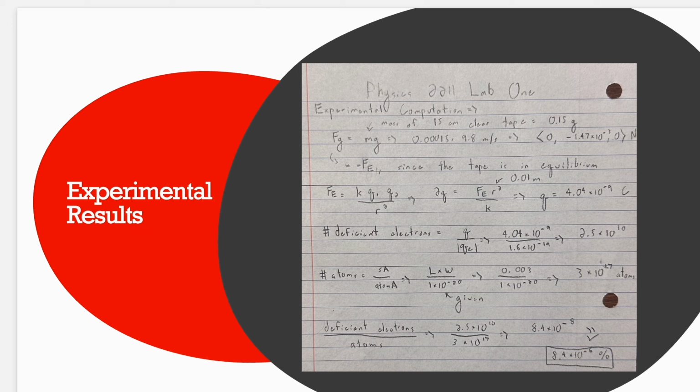So I'll refrain from walking you through it, but some key figures we see are the force of gravity, 1.47 times 10 to the negative 3 newtons, which is equal to the electric force. And then we have our charge as detailed, number of deficient electrons, number of atoms, and then the percentage yield. And I'll walk you through the same process in the coding aspect,